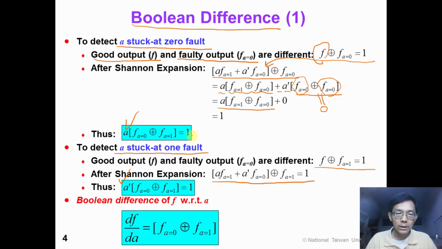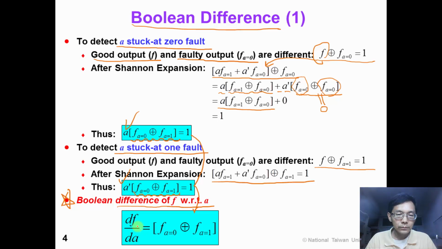If we compare these two equations, we would observe that the centers of these equations are identical. So we can define a useful term, Boolean difference of f with respect to input a